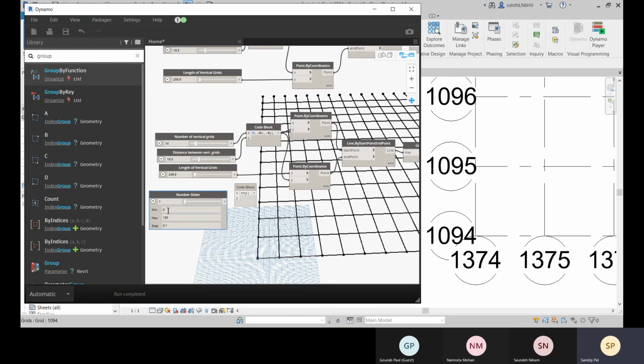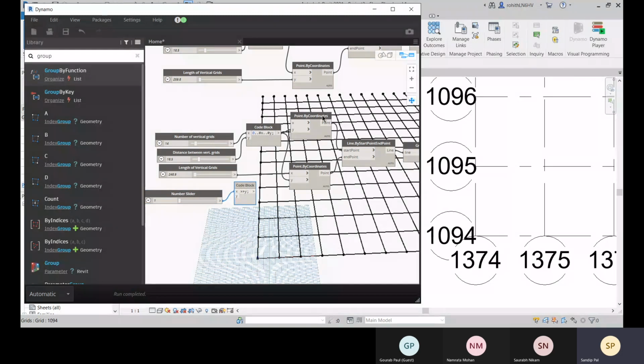Okay, and what would be your minimum number? So minimum, let's go with one, and let's go for this step that would be 0.5. Okay, I don't want to go below that, so I will set like this, and we go with this here.